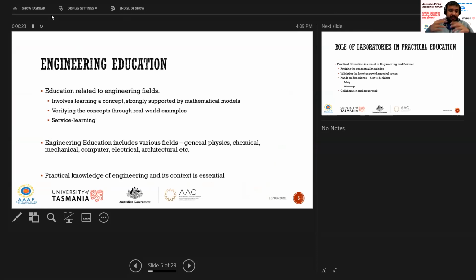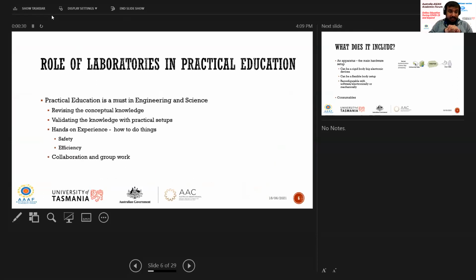Yeah, so that's why the practical knowledge is very important. Okay, so that's where the role of laboratories comes in. So in practical education, you have to draw conclusions. For example, you have to generate a graph, or you have to generate some kind of mathematical model,